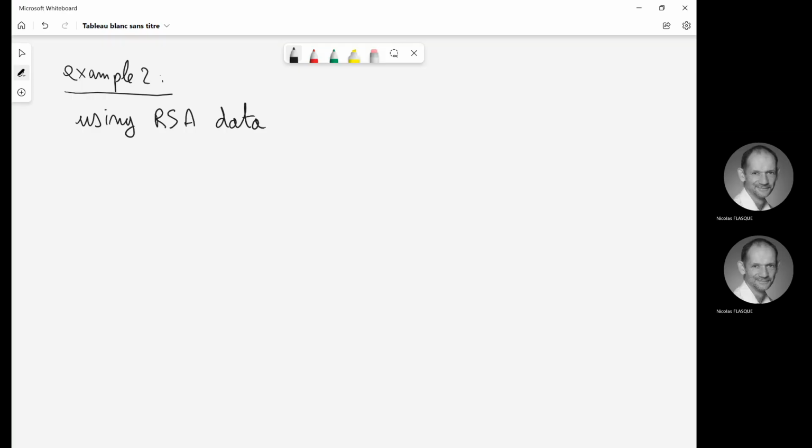So hello again. Here is another example where I will show you how to use RSA data if you only know the public part of a key. So let's start just like the example before, but then I will choose some value of P, some value of Q that you don't know, and from that I will publish a value of n, which is